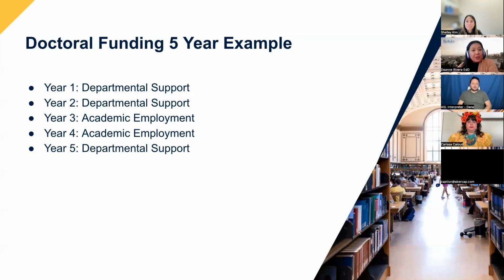And then your last year, it may look again, you want to focus on your dissertation. We're going to provide you some additional department support so that you could focus on writing and getting that dissertation done. It's an example, and that might shift, right? So you might receive an academic appointment in year 2 versus year 3 and 4. This is just a small example, but we also want to encourage you to talk to your department and